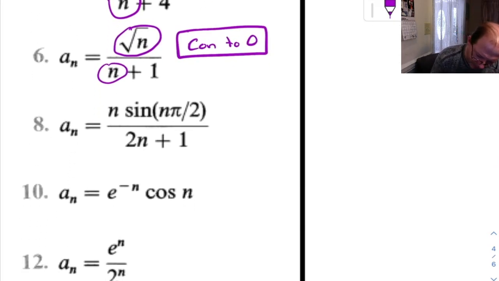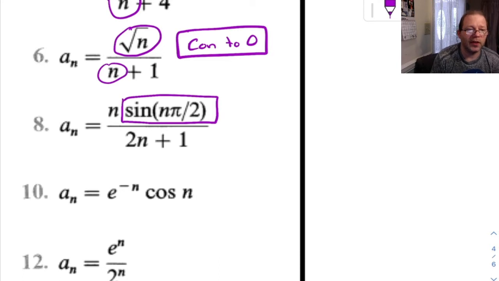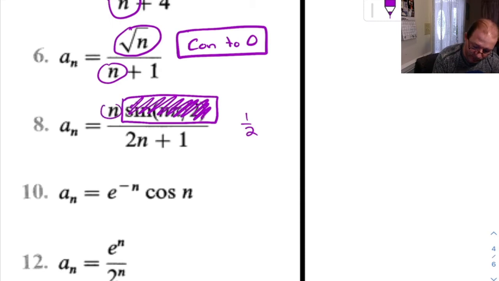Okay, this one, n sine n pi over 2 over 2n plus 1. Okay, for the moment, I want to do this one a couple of ways. For the moment, let's ignore that and think about what would happen. Without that n sine n pi over 2 business, this would go to 1/2 because of the n and the 2n. So this is essentially going to go to 1/2, but